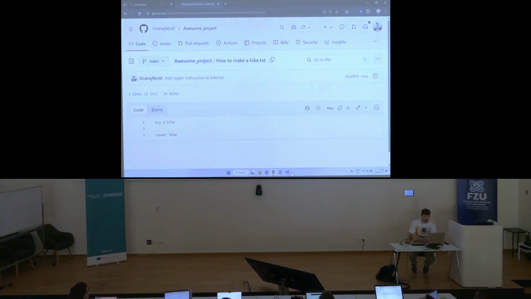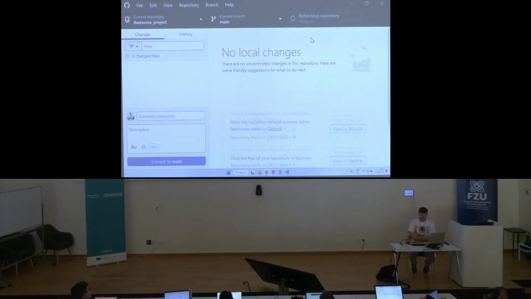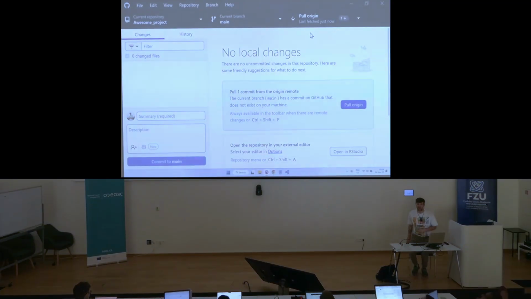And now, if I go to my awesome thing, I will have to fetch. Fetching is something we haven't discussed. It normally happens automatically, but fetching is figuring out what's happening on the cloud, it's a kind of update or refresh, right? It's called fetching. And now it knows on the top right that for origin, there is one commit above which I need to pull down, right? So I can click,